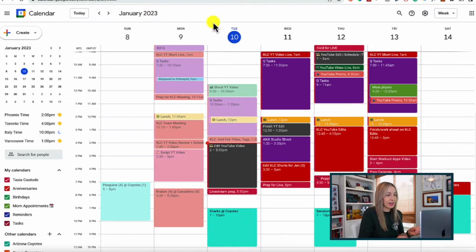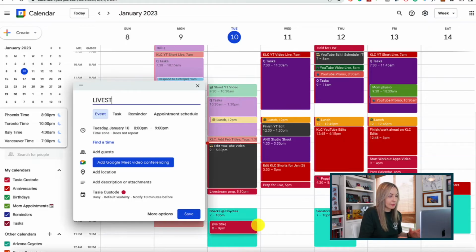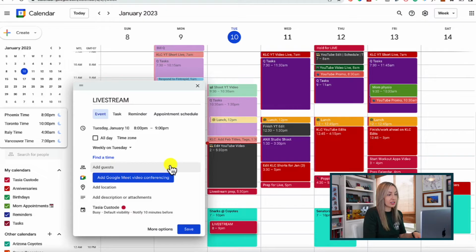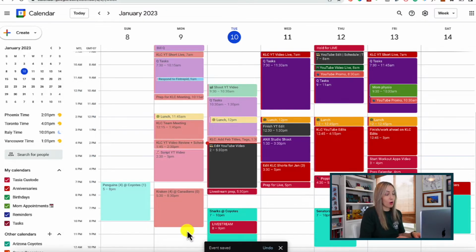And I can do this again for a live stream I have on Tuesday nights. So you get the idea here. You can literally set repeating events for anything you want in Gcal. One of the most important things you need to remember when it comes to time blocking is that